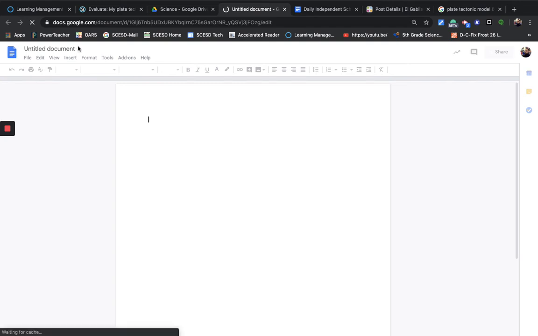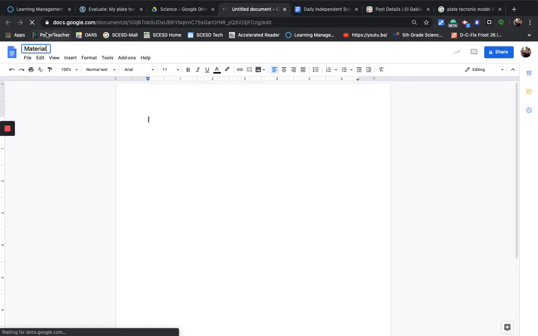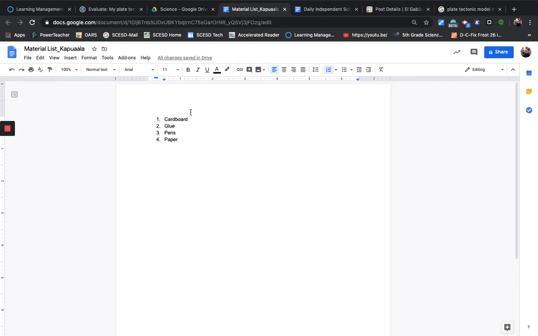You can also do this on a piece of paper. This is not something you have to turn in, but I like digital. It's nice and easy. So material list, and I'll put my name so I know it's mine. Then you can just go over here and just number it and start writing down what materials you're going to need. Okay. That is what you need to do for your materials list,